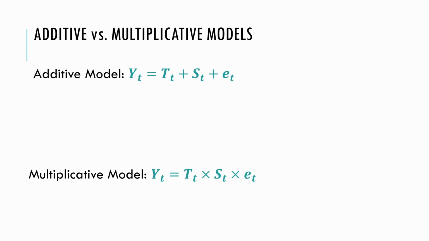But before going to the spreadsheet, let me discuss another thing, that is there can be two kinds of models. One is your additive model, another one is multiplicative model. So what is additive model? In additive model, the trend, seasonality and the irregular variation, these three components will be added. That means sum of trend, sum of seasonality and sum of the irregular component will give rise to the output, that means the forecast. And in multiplicative model, these three figures or these three estimates will be multiplied to get